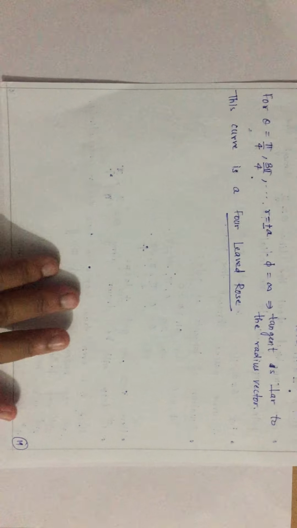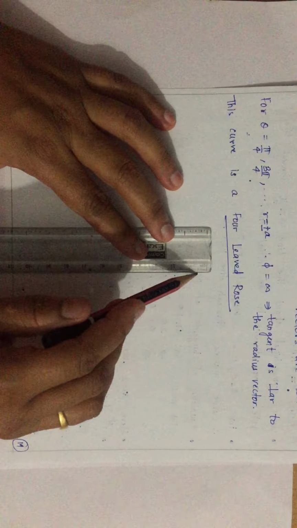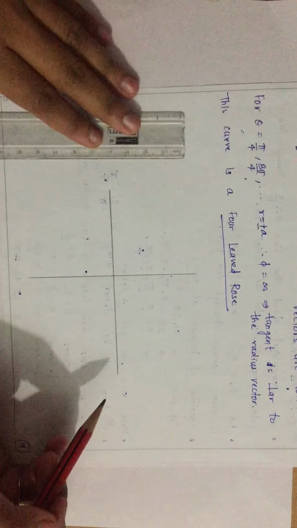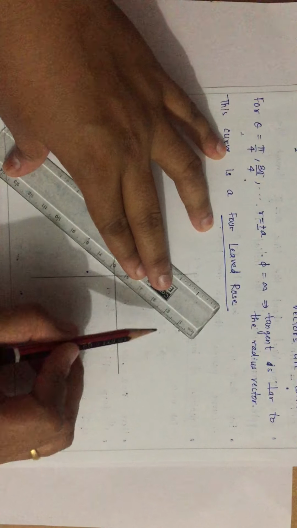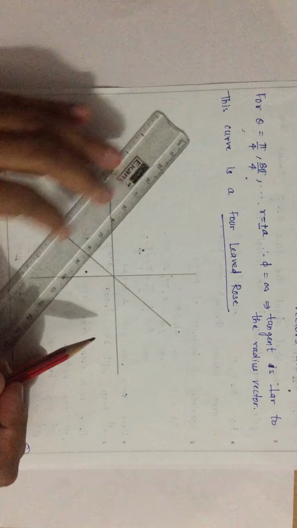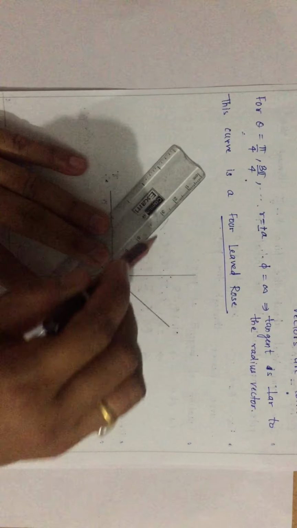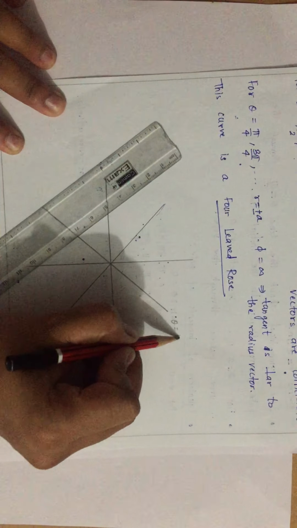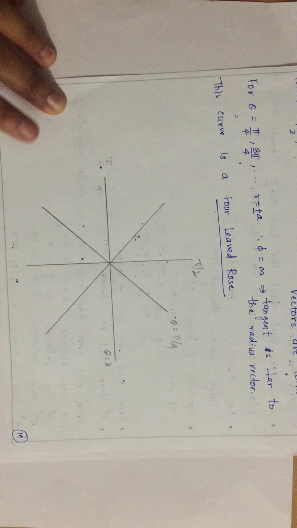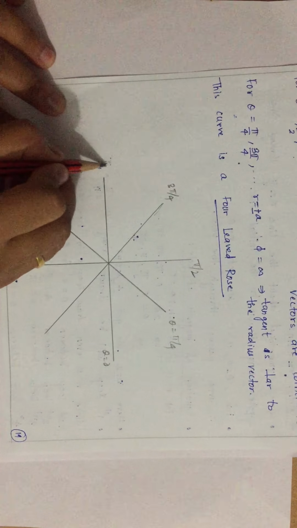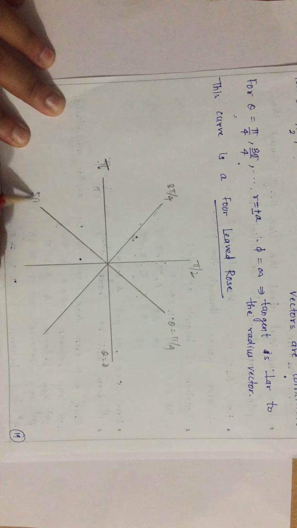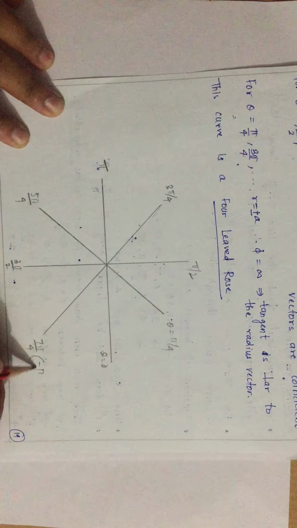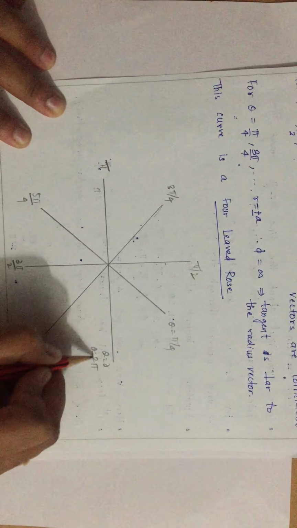So how do we draw? We have already roughly sketched; we do it fair. Since n is equal to 2, we divide each quadrant into 2 equal parts. This is theta equal to 0, theta equal to pi by 4, pi by 2, 3 pi by 4, 4 pi by 4, that is pi. This is 5 pi by 4, 3 pi by 2, 7 pi by 4, or you can call it minus pi by 4, and this is theta equal to 2 pi again.